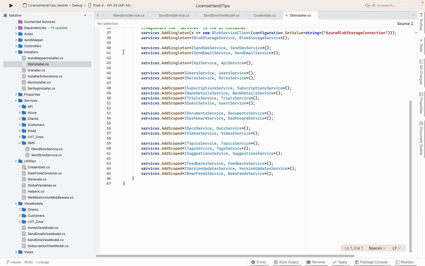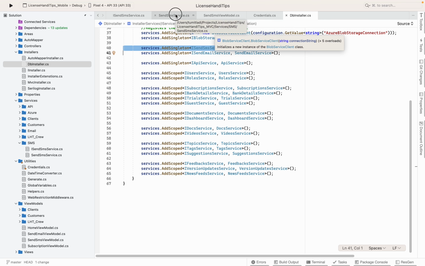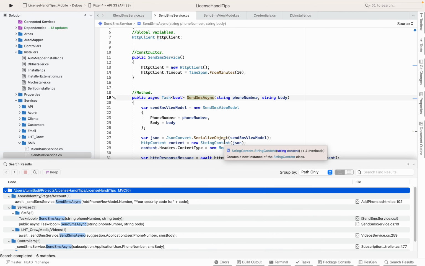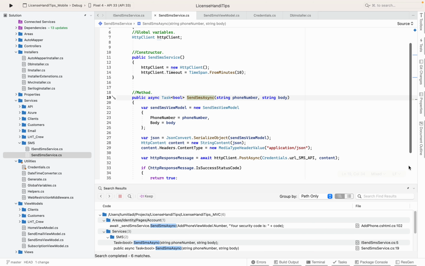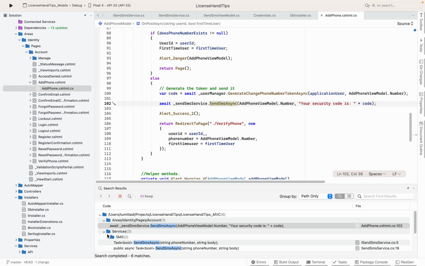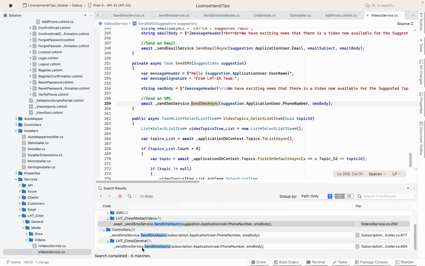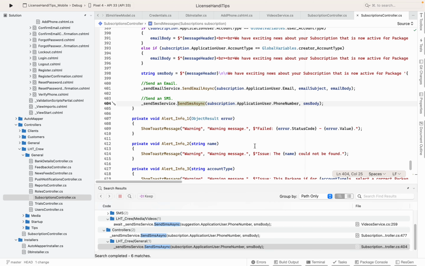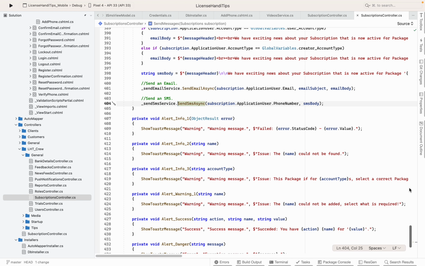And down here you see I send SMS service. Now, where do we make use of this? So let me go back to this guy, right click and say find all references, and then I'm going to pin this guy. So we are sending SMS here, we are sending SMS there, we are sending SMS there, we are sending SMS here. Okay, right, let me remove this. So for subscription, let me see,